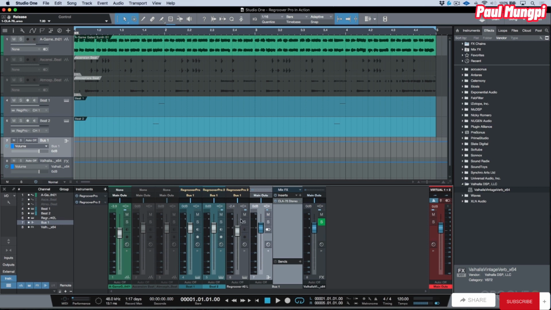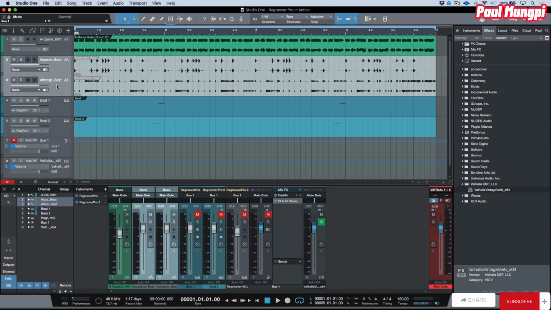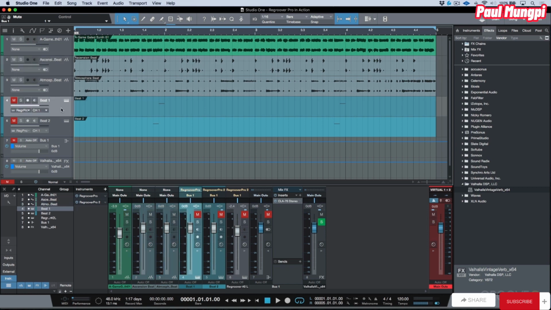back in, and let's have a listen to the original in terms of what we had. I'll have to reactivate these tracks, and we'll go ahead and unmute them. This is what we had in the beginning section over here. And because of the way these loops were, we had some patterns that were just happening throughout the whole thing. It's not really something that you could do editing wise, but when we take a look at what we were able to do here in terms of extracting these elements and using two instances of Regroover,